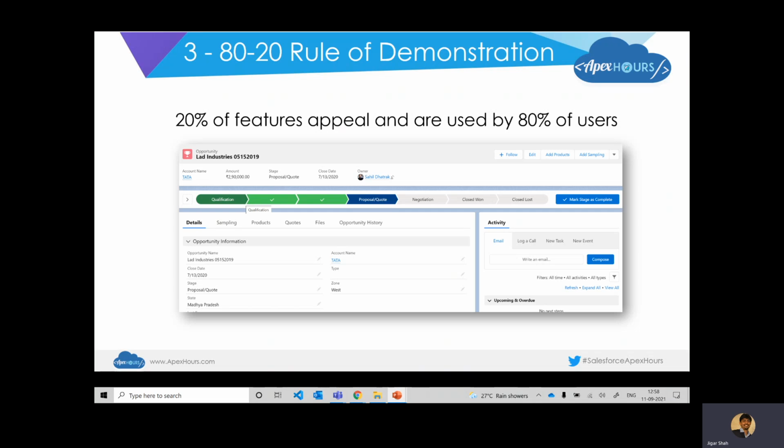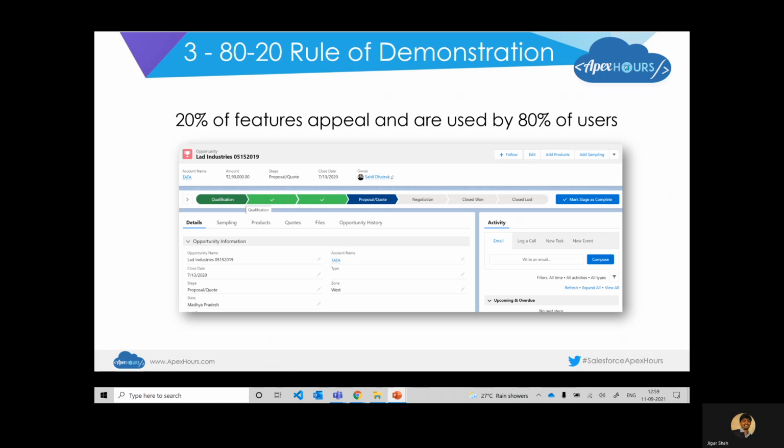So there is a defined set of features that even your Salesforce business users would end up using. And it is important to identify those 20% features, because that is what will resonate well with your users or customers who are looking at your Salesforce demonstration, right? And often we miss out on those aspects.